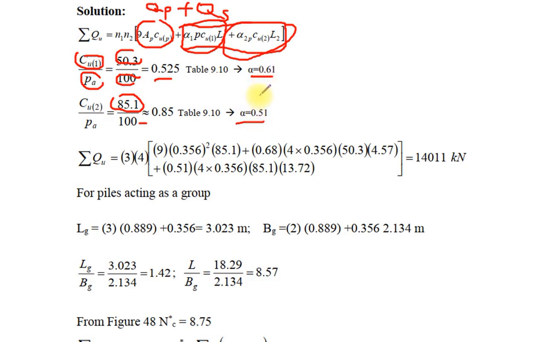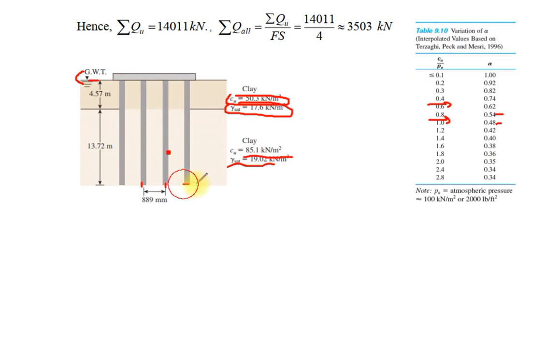Now replace these two values in the equation. Now 3 is the n1 and 4 is the n2. 3 multiplied by 4 gives us 12. 12 is the number of piles in the group. 9 is the NC multiplied by the individual area of the pile, multiplied by the undrained cohesion at the tip of the pile. Here at the tip of the pile, the undrained cohesion is 85.1 kilonewton per meter square,